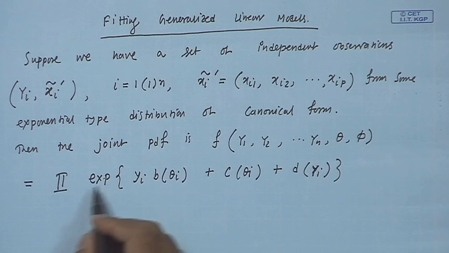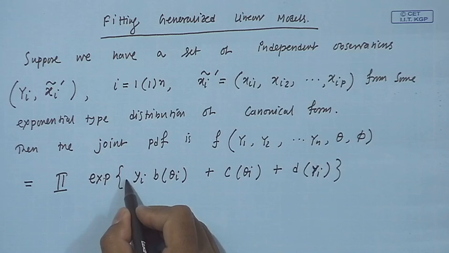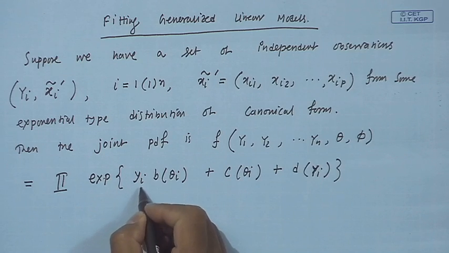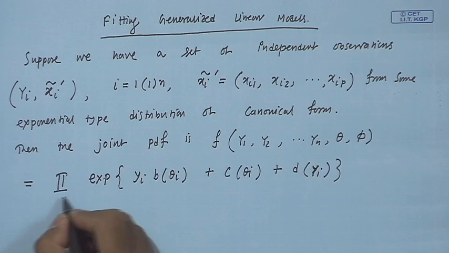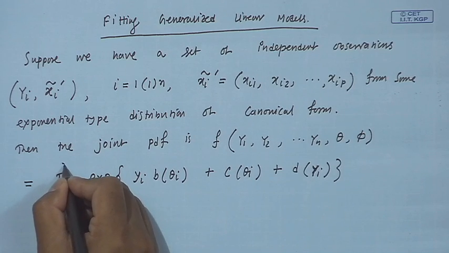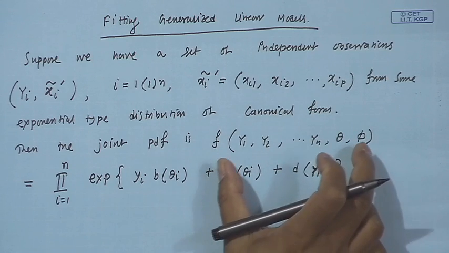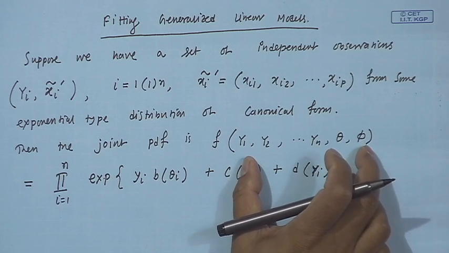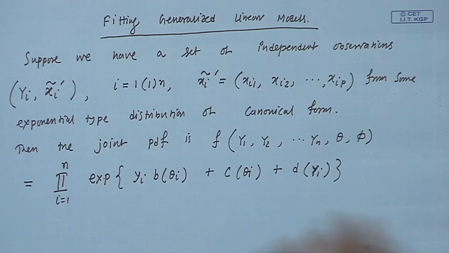And since this distribution is of the canonical form, that is why a(y) is equal to y, and this is the product of marginals, i is from 1 to n, because the observations are independent. That is why you can find the joint PDF just by multiplying the marginal PDFs,